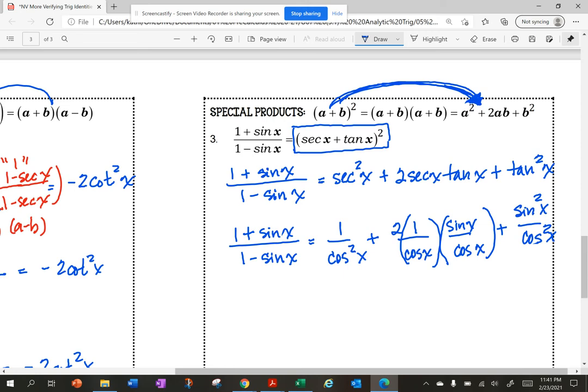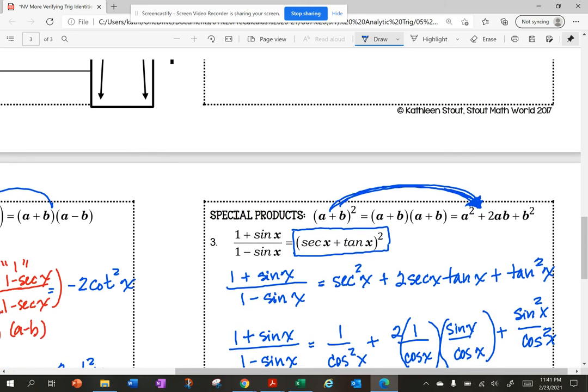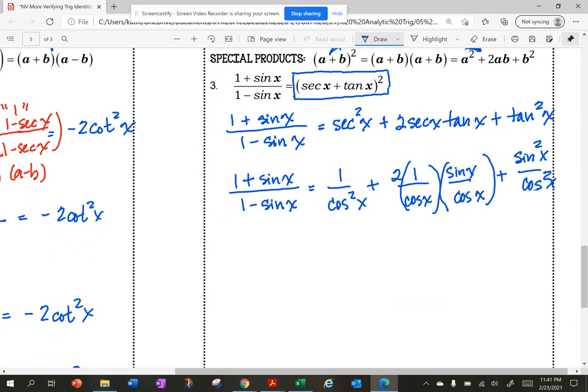Okay, so now that I rewrote in terms of sine and cosine, I see that I have a common denominator of cosine squared. So now I'm just adding my numerators. So I have 1 plus sine of x over 1 minus sine of x. And in my numerator, I have 1